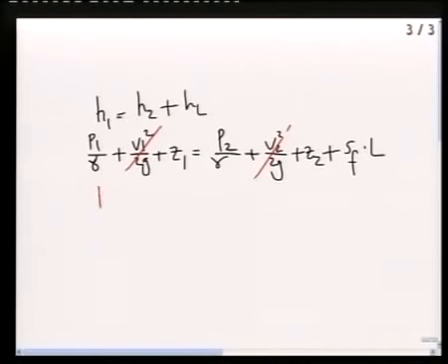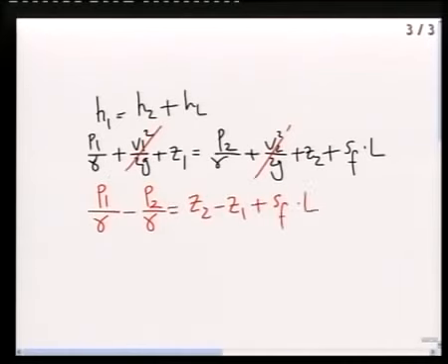So P1 minus P2 will equal, plus, now this is, how much is this? Slope multiplied by horizontal distance. And the horizontal distance is 1 foot. So this is